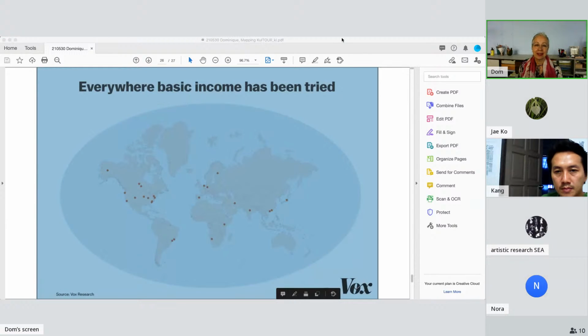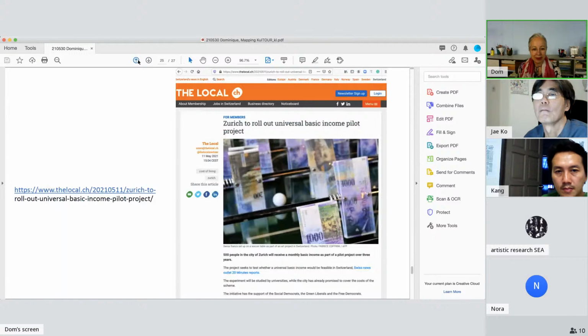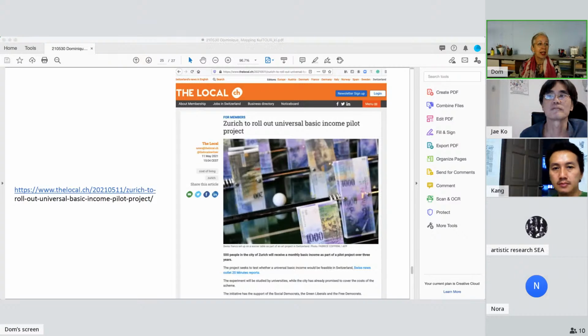It's not the whole city. Let's see if I go back, does it say how many? A group of people will be selected. So it's not everyone in Zurich. It's like an experiment. How does it work? And I don't know, if it's 500 people or something. They select a group of people who will, over a certain amount of time, receive that universal basic income, and it's monitored by the university. And then, evaluation and discussion, and maybe it will be introduced. We'll see.